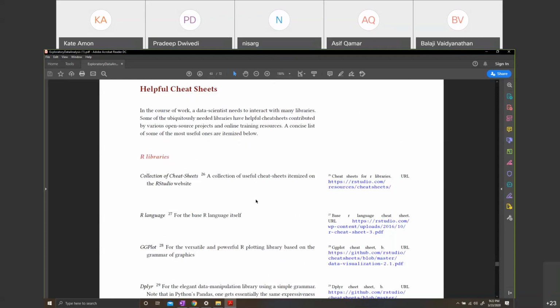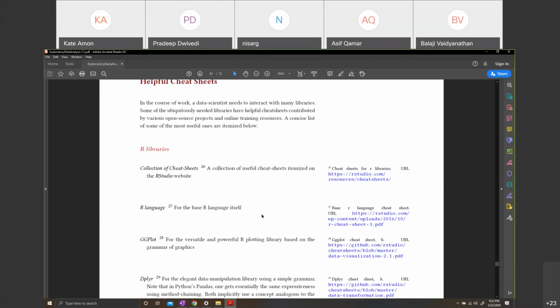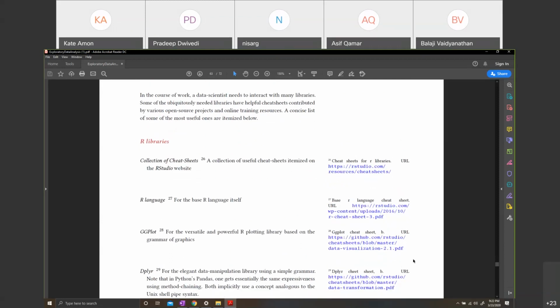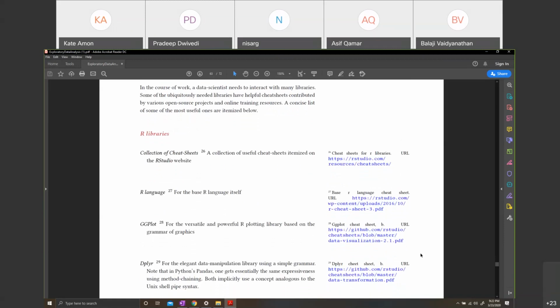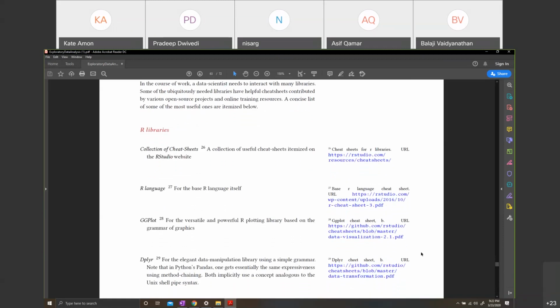Or, one tip that I give to people is, because these are PDF documents, you can convert them to images and so forth. Make them the background of your laptops, desktops, workstations, whatever. Just make the cheat sheet the background image. So as you are doing data science, as you are creating your own code, it is very easy to refer. You just have to look at the background of your computer.